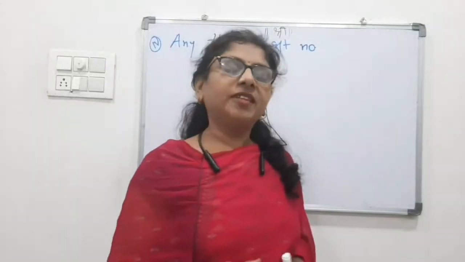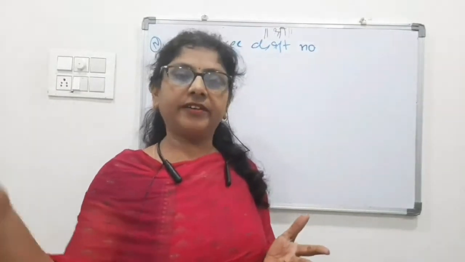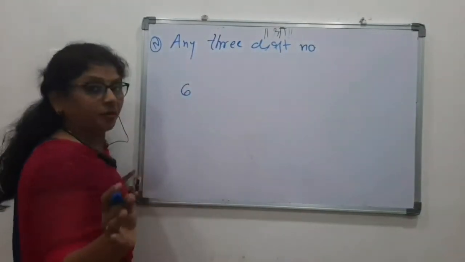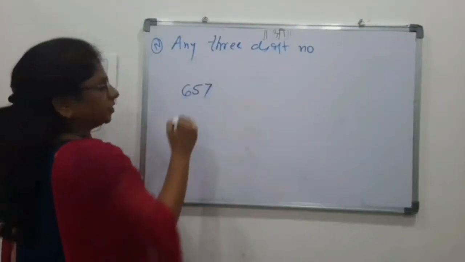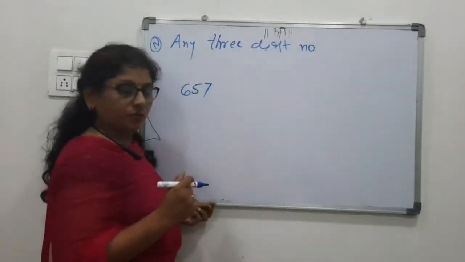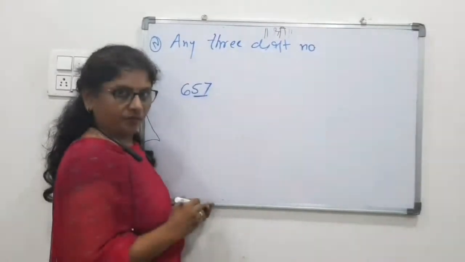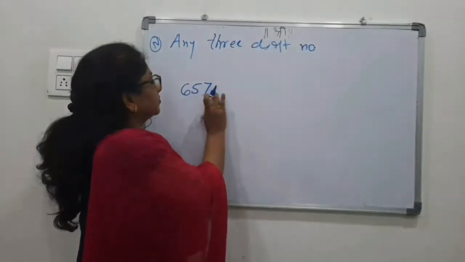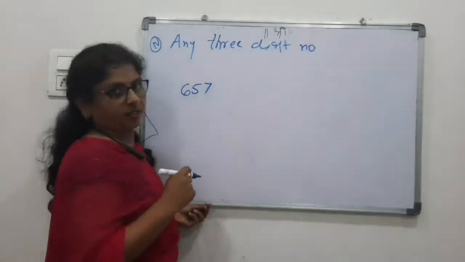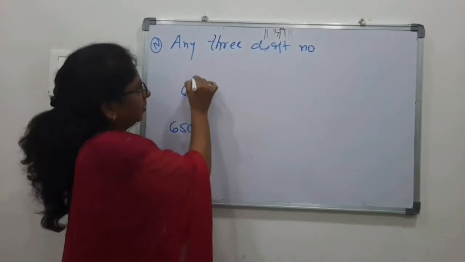Now you must have been thinking that I am taking numbers only nearer to 100, 200, 600, 800 like this. Then what about the number if it is not nearer to any multiple of 100? 657 we take. Okay, 657. Then we have a solution for this also. Same method you can apply if you know the square of 57. Okay, you can do that. But here we will find the nearest multiple of 50. So that is 650. So minus 7, plus 7.